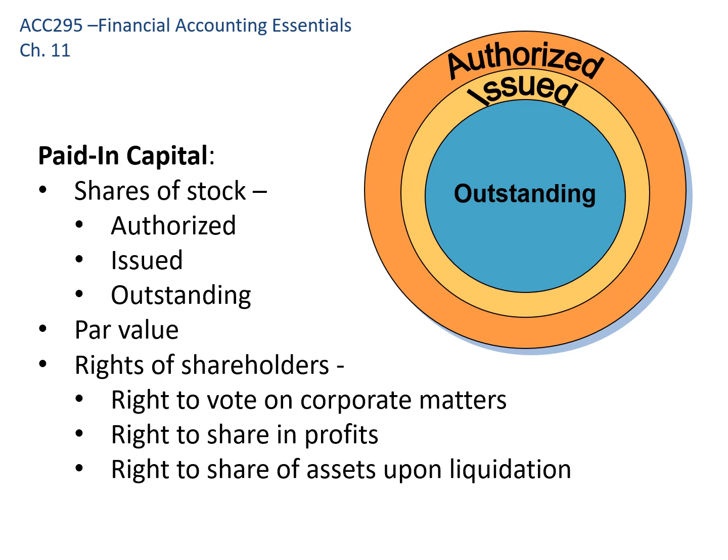So the rights of shareholders: they have the right to vote on corporate matters. Shareholders are the ones that elect the board of directors. The board of directors then appoints the chief executive officer. All of the top handful of positions in the company are elected by the board of directors. There is a right to share in profits through receiving dividends, and a right to a share of the assets should the company be liquidated.